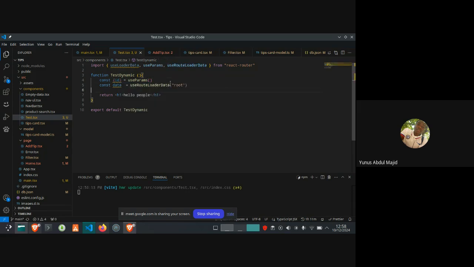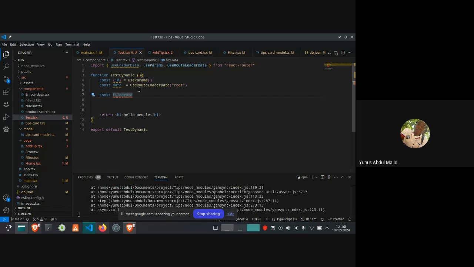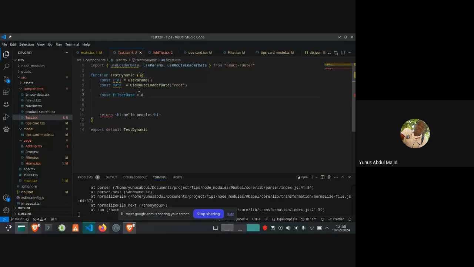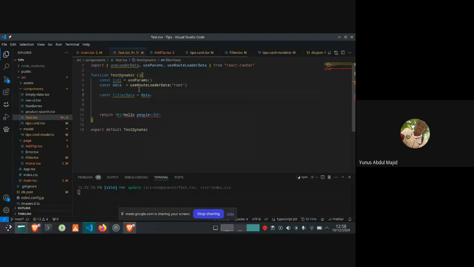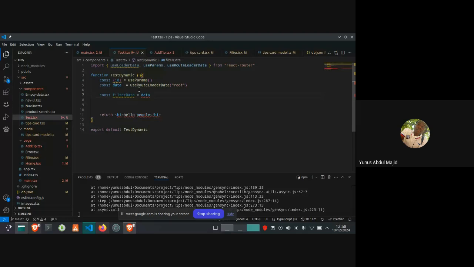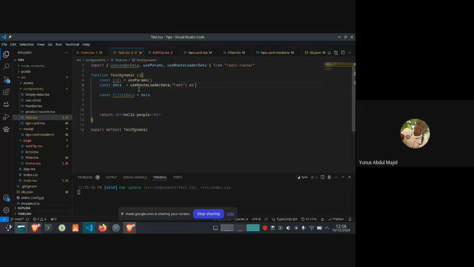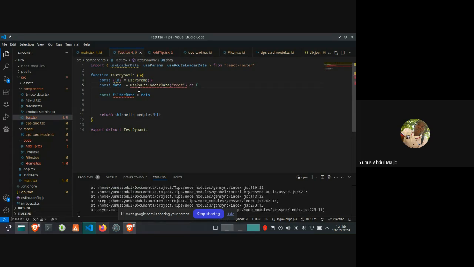Since this data is returning an array, let's use const filterData equals to data dot, let me use my useState as cat.